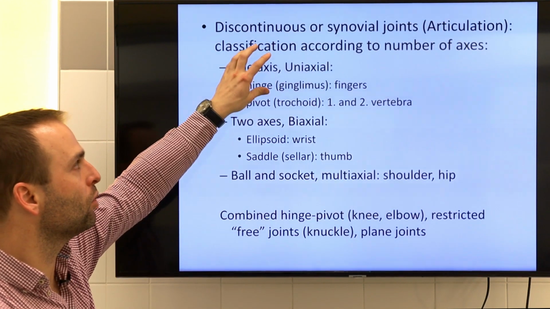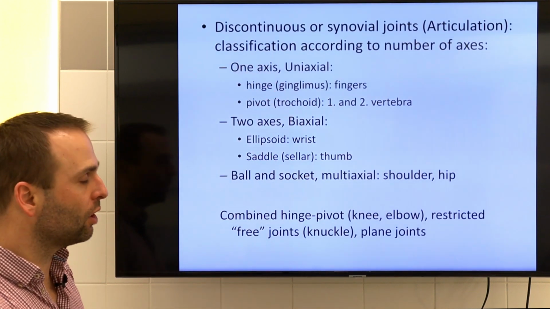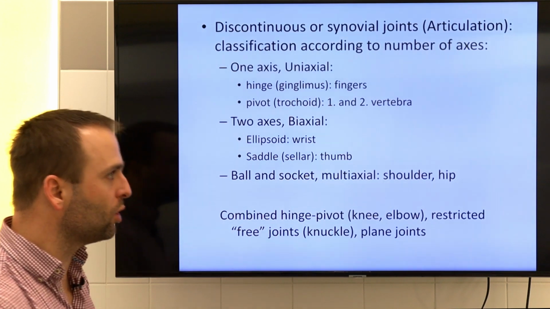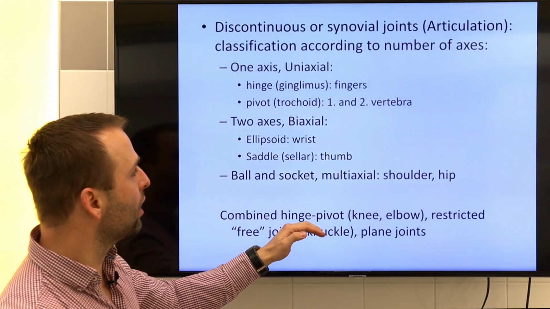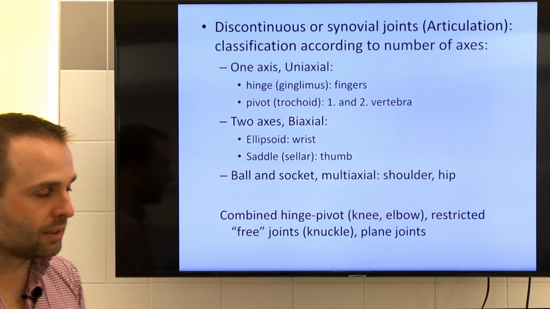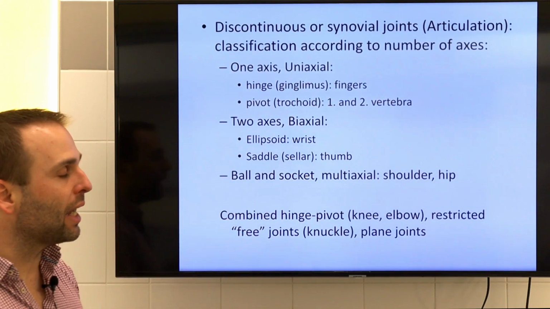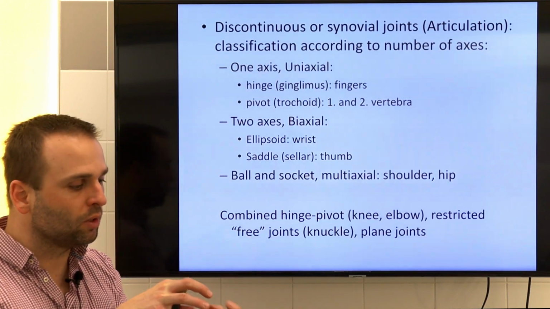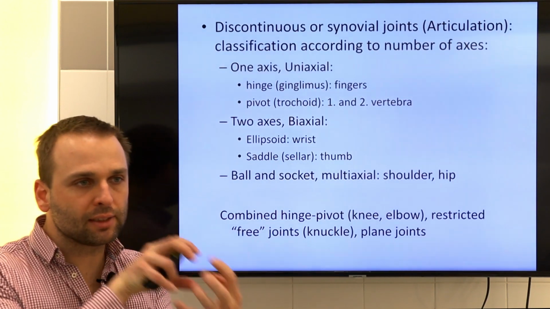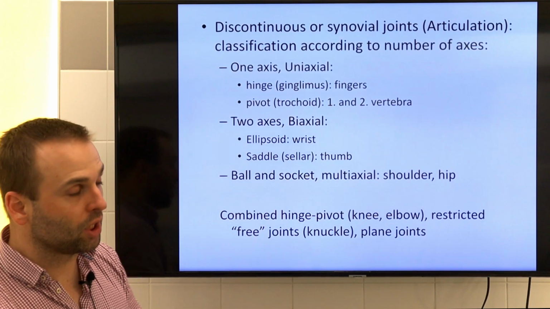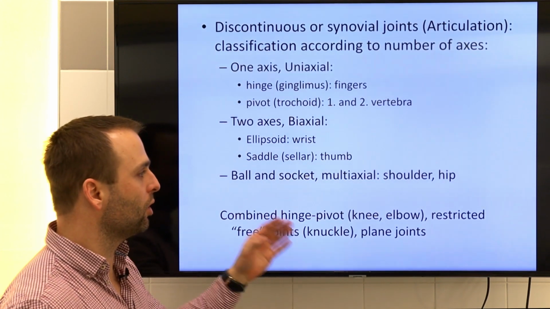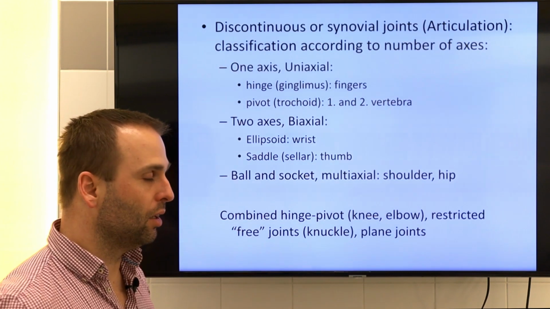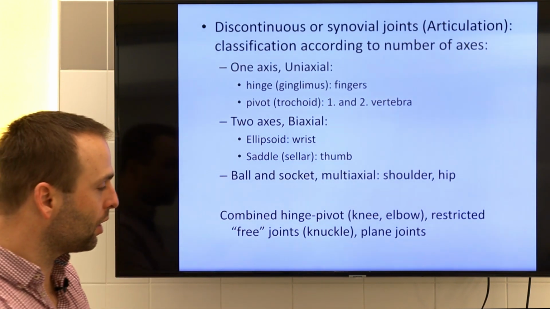basically you have 2 parts of the joint. One is a hinge and one is a pivot, which are put together. But this does not make these joints into a true biaxial joint, because in order to have a true biaxial joint, you have to have 2 different movements in the same part of the joint, which is not the case in combined hinge pivot. There are also restricted free joints, like the knuckles, so the